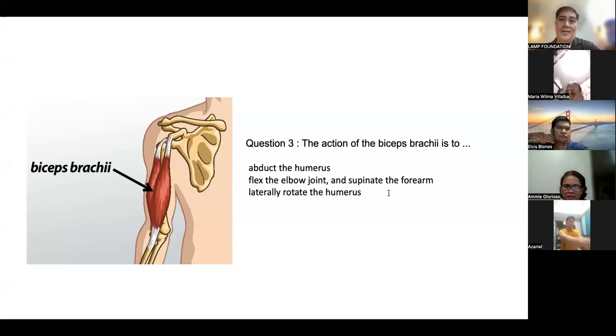Paano ba tayo nakahiga? Nakatingala o nakadapa? Nakahiga po. Okay, so paano nakahiga pag nag-flex ka? So pag ganon, palabas, no? Di ba? I-ganon mo yung arm. Okay, that's okay, supinate the forearm. So we will have to go